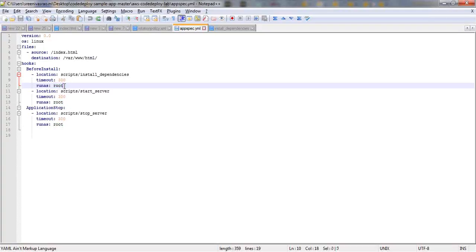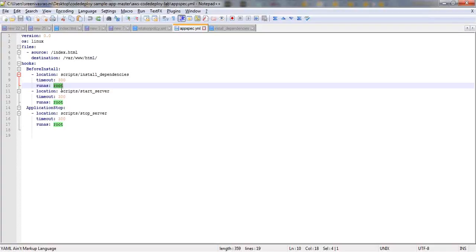So how is it executing with the root privileges? When we are launching the EC2 instance, we are launching this instance with a specific role, right? That is the CodeDeploy instance role. Based on that role, it will give some executable permissions through the AWS CodeDeploy agent. That's why we have to assign the AWS CodeDeploy instance role while creating the